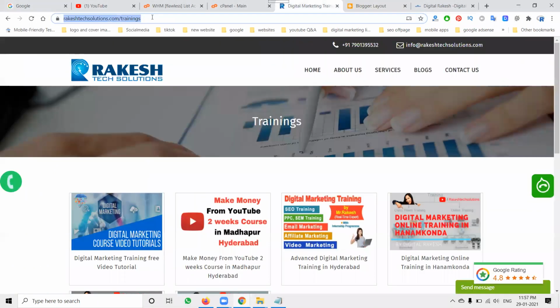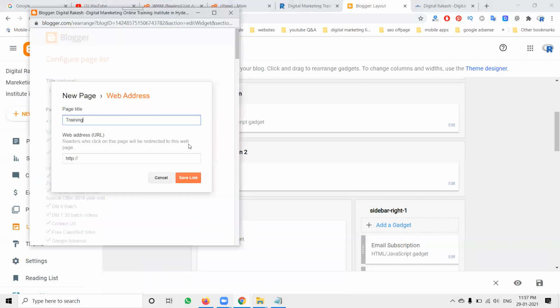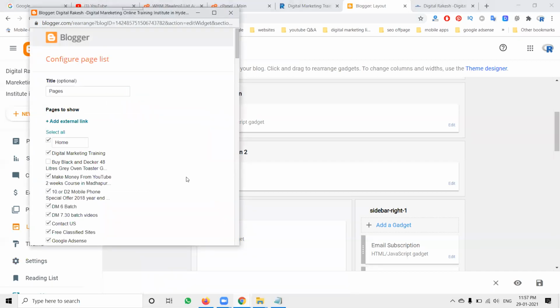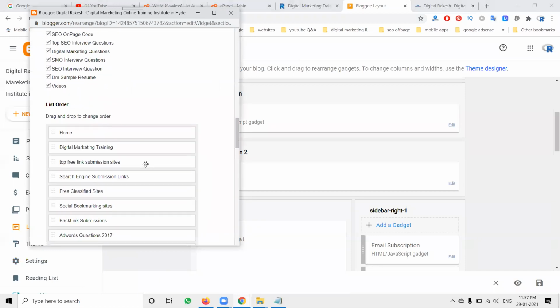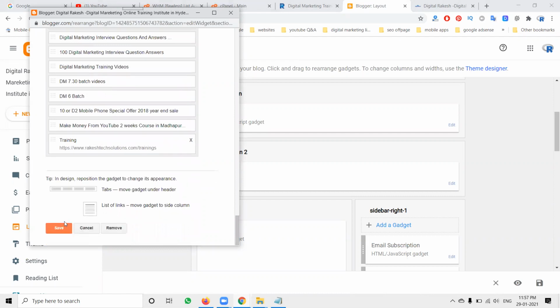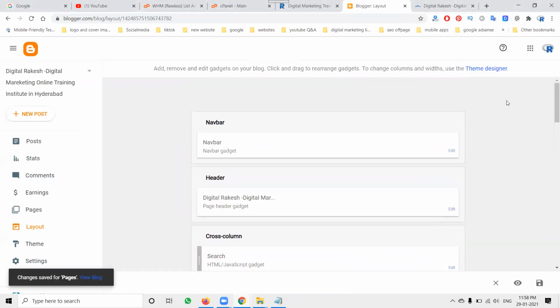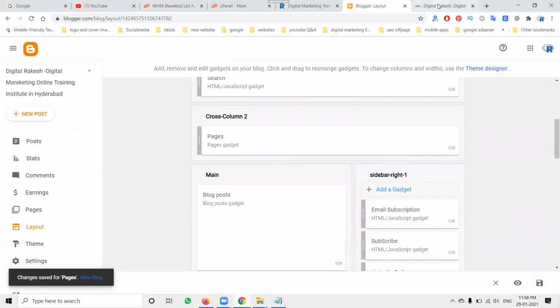After adding the training page, click Save Link. The link shown to the customer will be the training link. Finally, click the Save option. After that, any other changes, save.